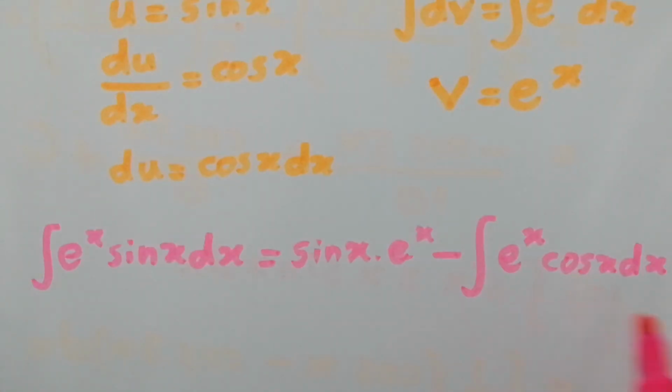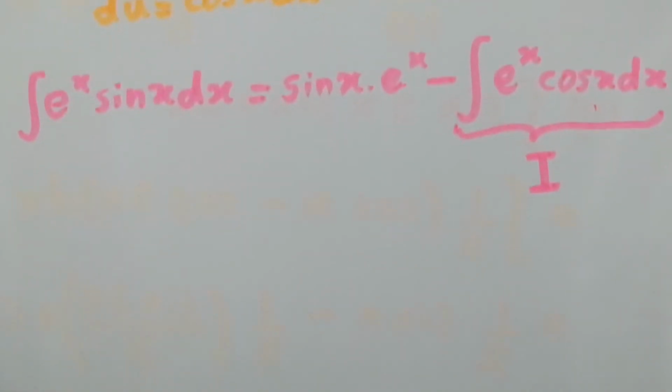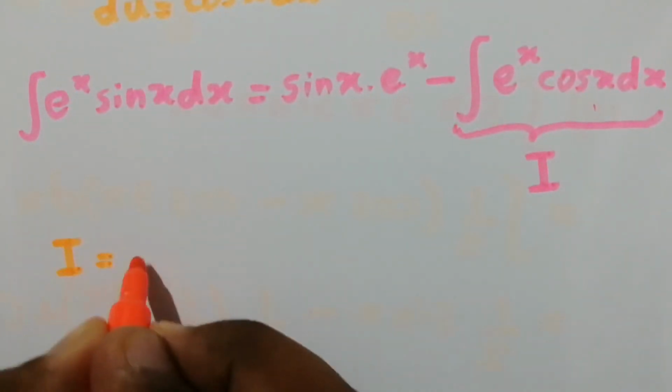Look here, e^x cos x dx. Then again I want to use the integration by parts method in here. Therefore I am taking this one separately as equal to some unknown term, capital I. Then after finding the integral of capital I, I can substitute it in the previous equation. Now let's see, I equals integral